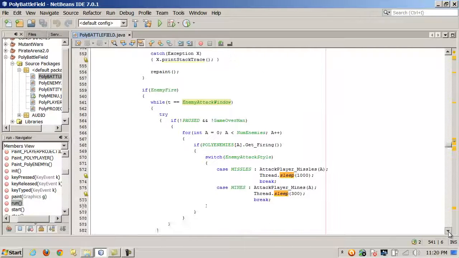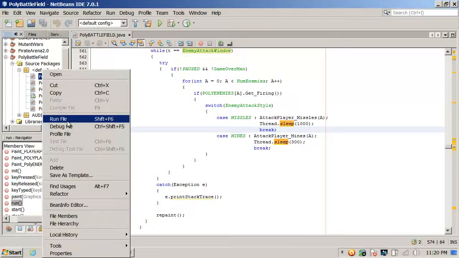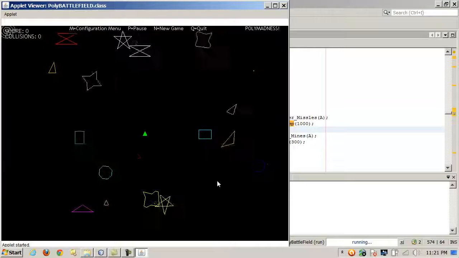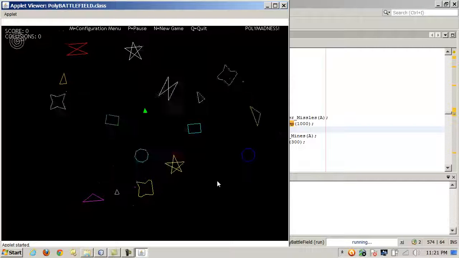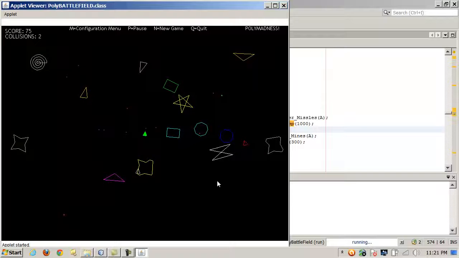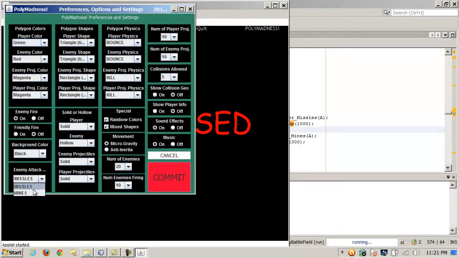And in this example, we'll set it to missiles and then mines. Alright, so let's look at enemy fire. Enemy fire is turned on. Let's choose mines. And now I'm going to choose